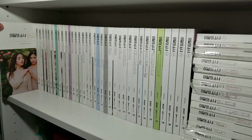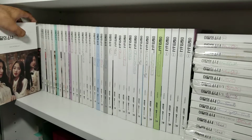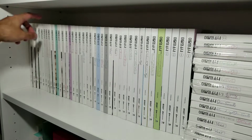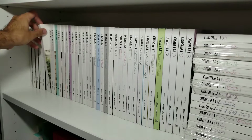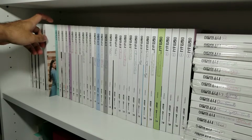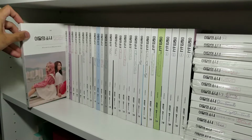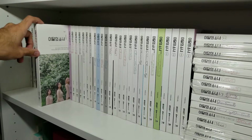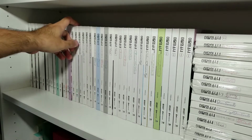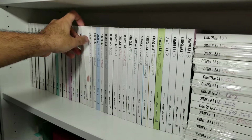Next is Hyunjin, Heejin and Hyunjin, Hasu, LOONA and Hasu. Oops. Let's take a quick pause. Okay, next up we have Yeojin, Hasul and Yeojin, LOONA 1/3 Love and Live, the normal edition, Love and Live, the limited edition, Vivi, Hasul and Vivi, LOONA 1/3 Love and Evil, the normal, LOONA 1/3 Love and Evil, the limited, Kim Lip version A, Kim Lip version B, Gensoul, Kim Lip and Gensoul,